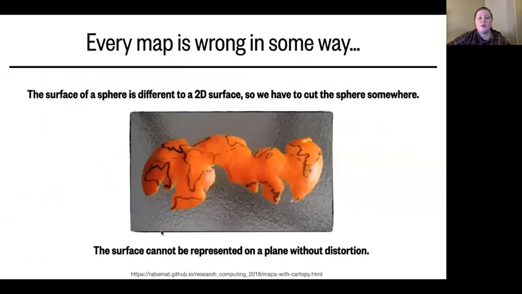Part of that is to do with the surface of a sphere being different to the two-dimensional plane that we're squishing it down onto. So we have to cut the sphere somewhere in order to lay it flat so we can see the whole thing, which means we can't represent it on these planes without distorting it in some way. That's why at the poles we end up with sort of all of the stretching and things get bigger, and things at the equator sort of get squished,